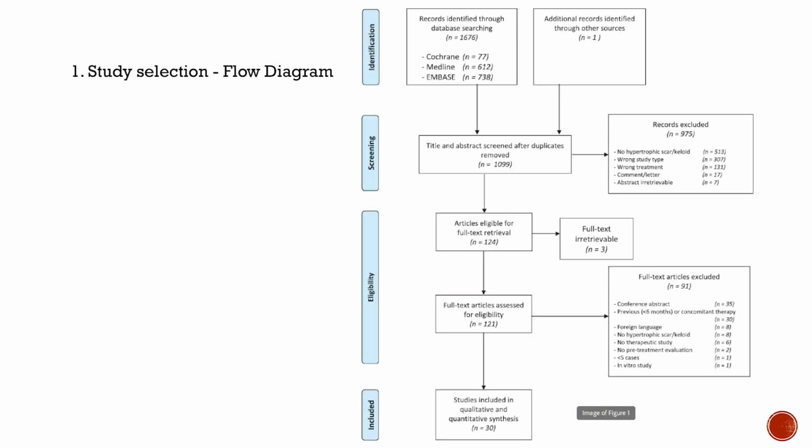So here we see the study selection flow diagram. This is generally the first slide of the results in any systematic review. Here you can see from the top to bottom the way the papers were evaluated and included in the study. So you can see that the authors started with 1676 papers, and out of them, a lot of them were excluded based on the language, the study designs, the availability of full text. And finally, they ended up taking only 30 papers and included them in this systematic review.